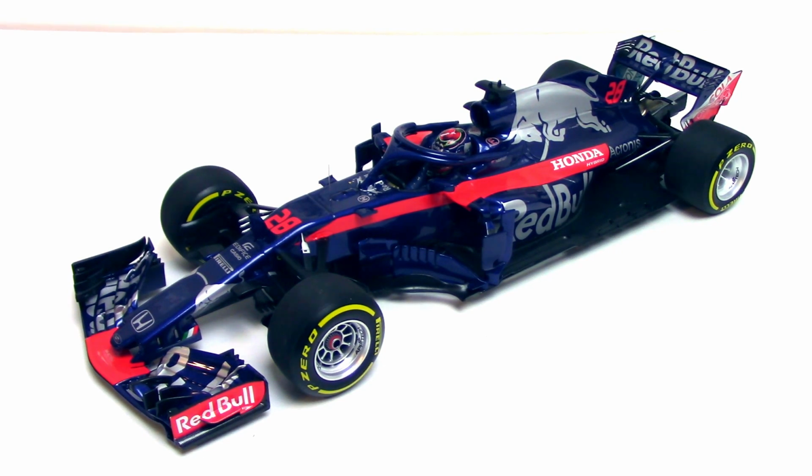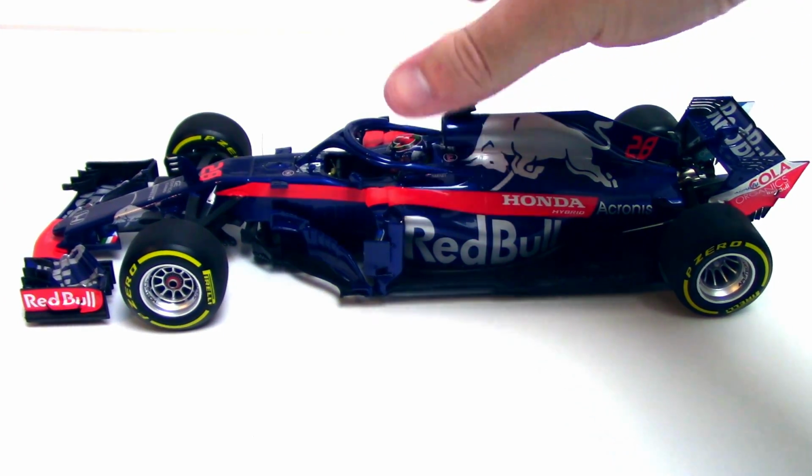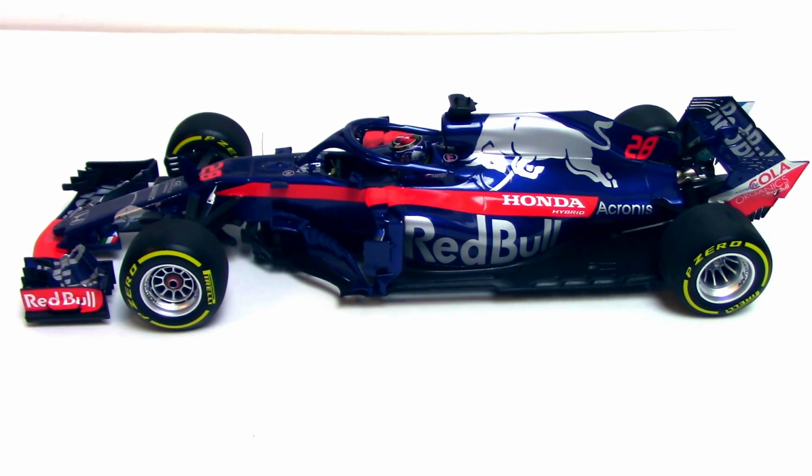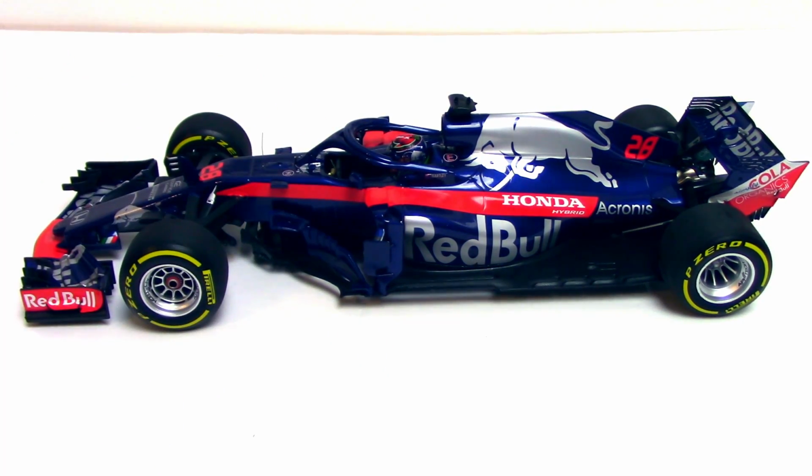I mean, this thing is stunning. It's one of the better models that I own, just period, especially diecast wise. Clearly, Minichamps, they do a great job on these F1 diecast, and this is a stunning example. Just take a look at this thing. It looks almost exactly like it does on TV. I have to say, even though I know some people don't like the halo, and some people may prefer this year's wings that are simplified and a little bit larger, I think this is really, really good looking for a